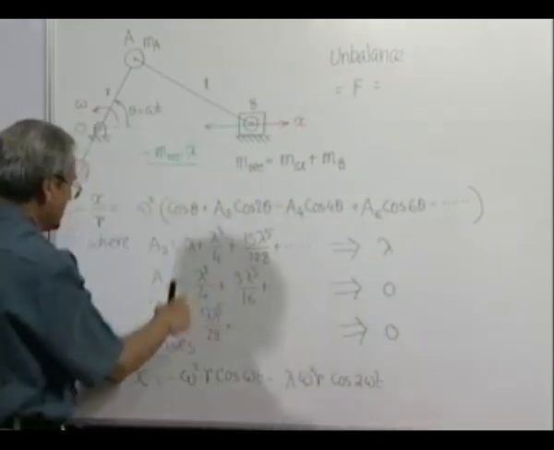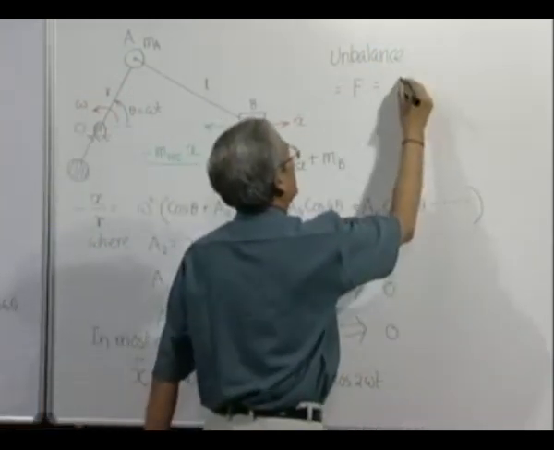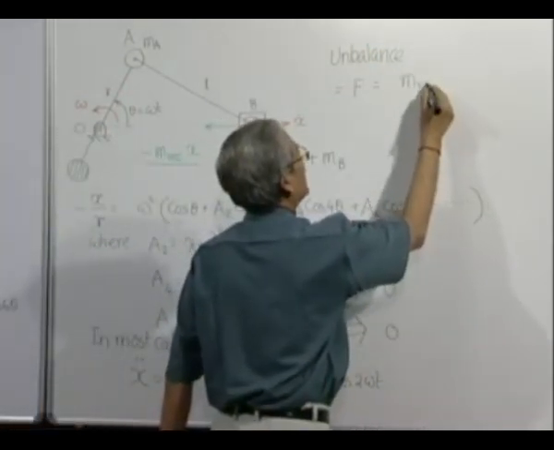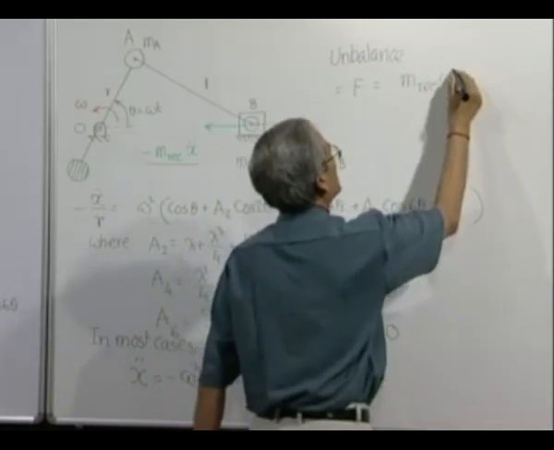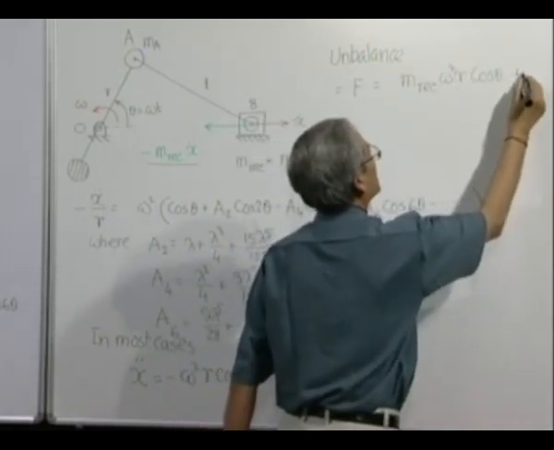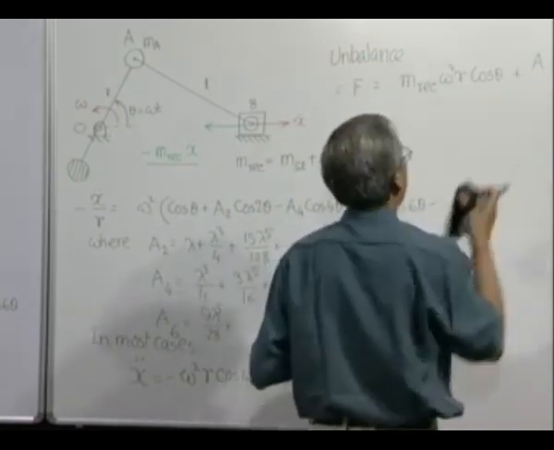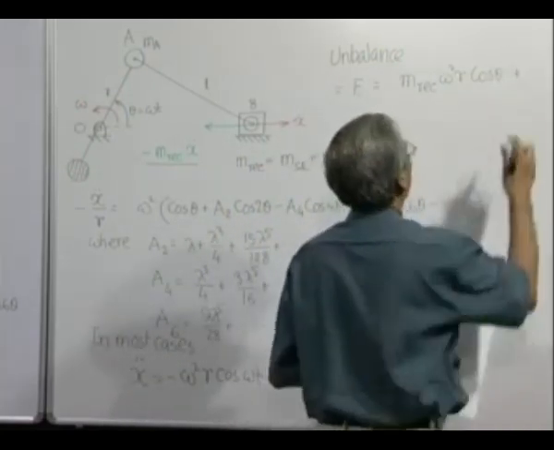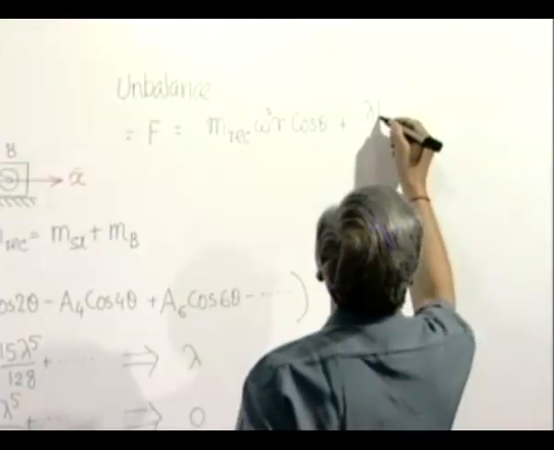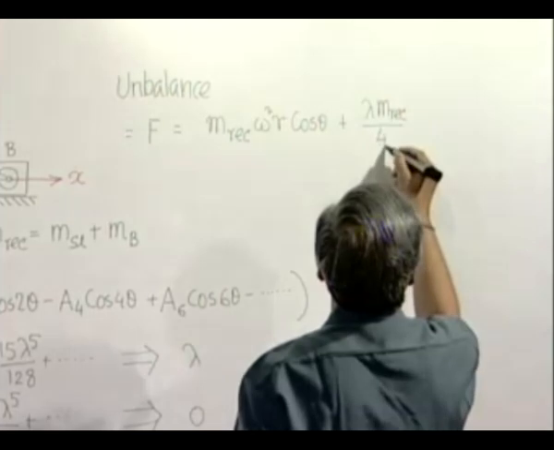So, x2 dot is now this. So, minus sign goes. So, it will be m reciprocating omega square r cosine theta plus lambda m reciprocating by 4